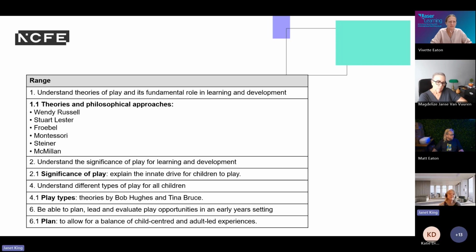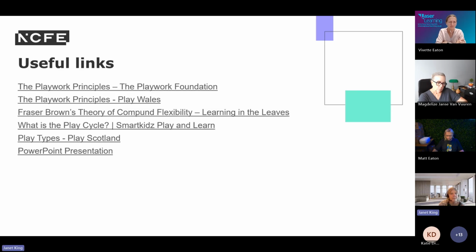And then the rest of the slide just reminds us of things that we've touched upon, in the context of where they've appeared in the learning outcomes throughout this particular unit. And then these are the links that I've popped on here. Now, this is not exhaustive, and there are many more that you can find. But these things here will take you through.